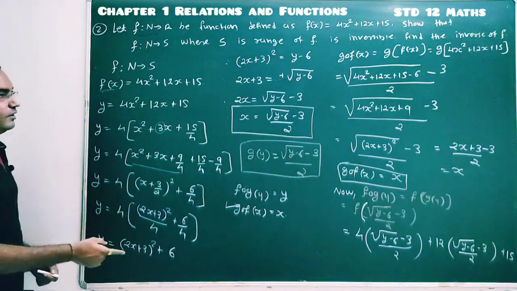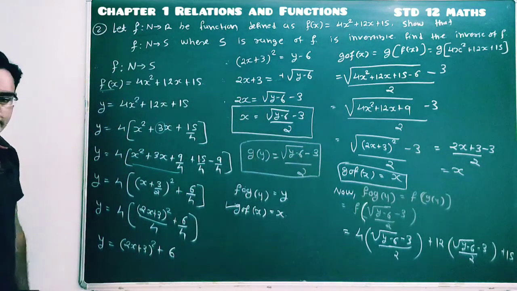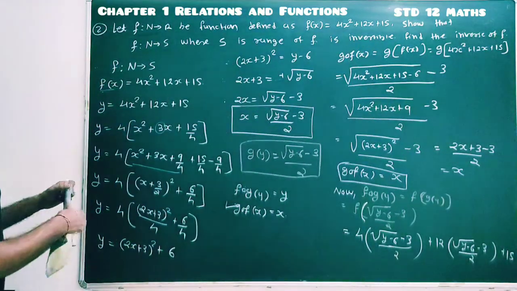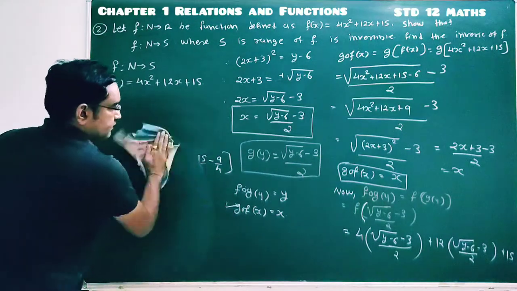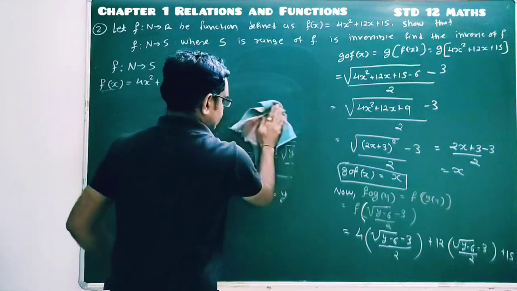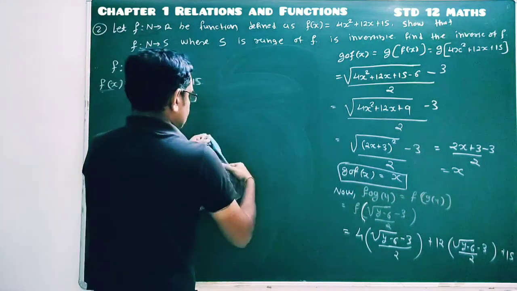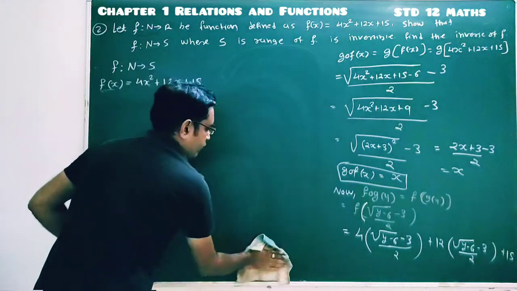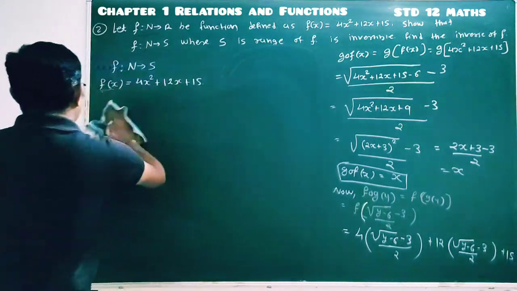So now pause this video and I will remove this part, we will solve here. So pause the video and note this down. We will start from here now. Let's go, space is running short. We have removed this part. Now we have to simplify this and we have to prove fog y equal to y.